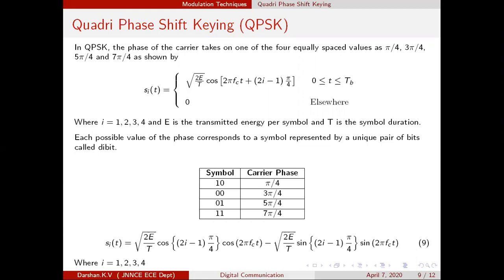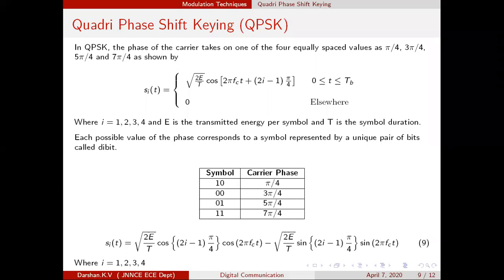Okay. Another way of writing. Why are we writing the equation in this format? Because the aim is the geometrical representation of QPSK. Remember, in this module, for any modulation technique you study, there are three important things. One is the geometrical representation. The second is the probability of error of the system. The third is the transmitter and receiver block diagram. These are the three important topics under any modulation technique.